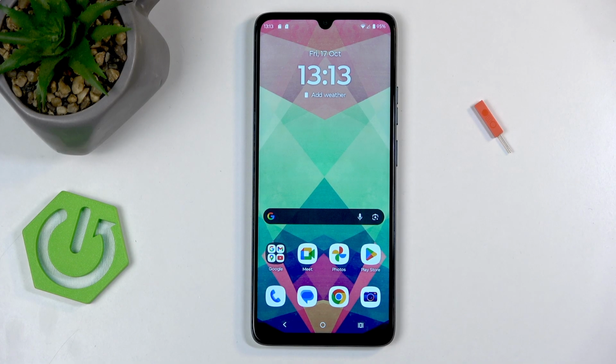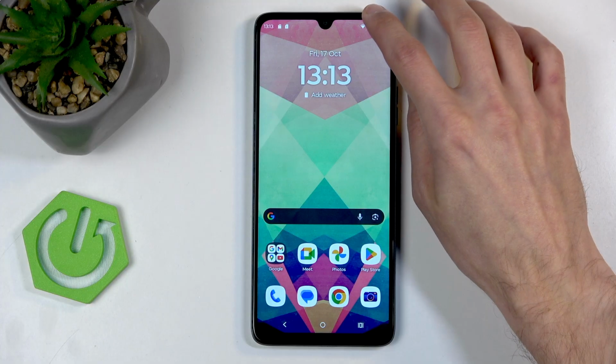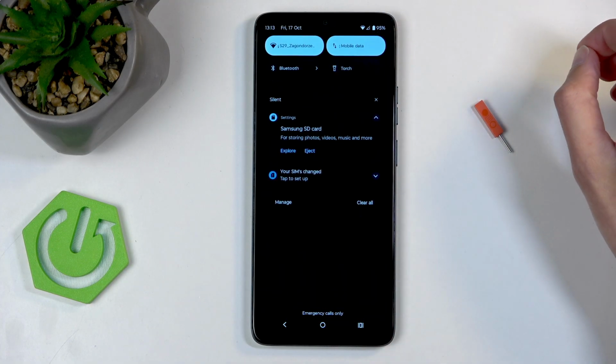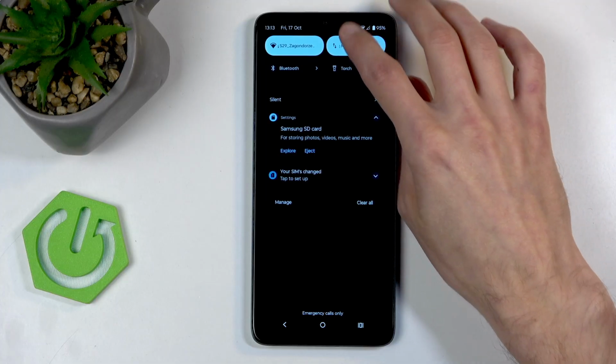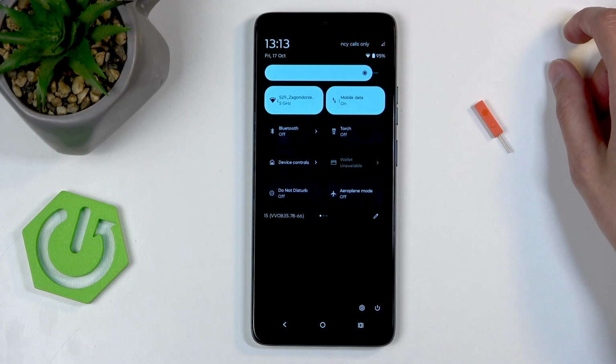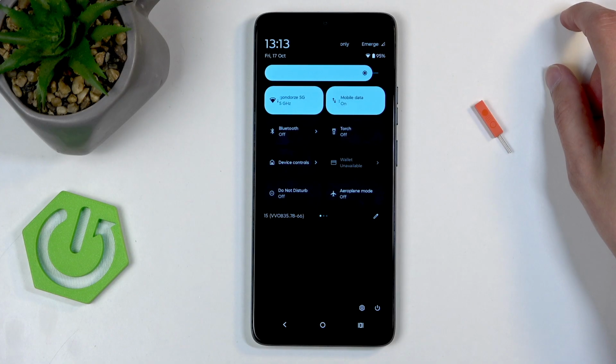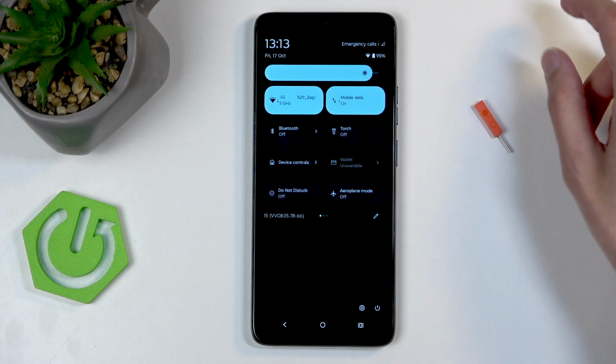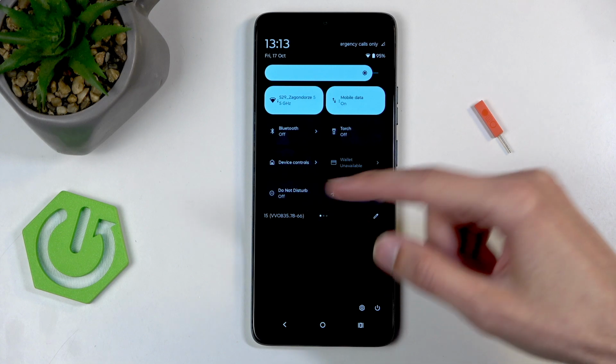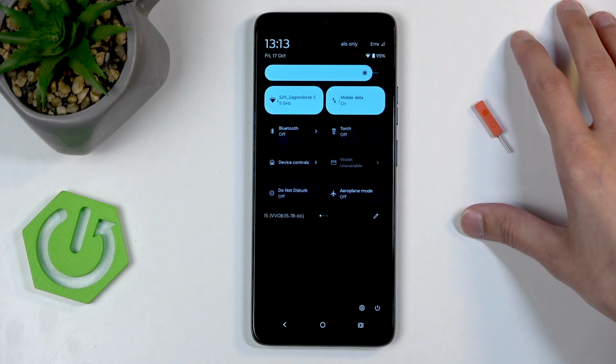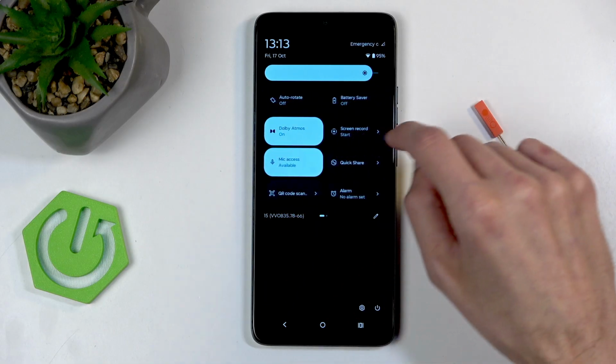So, to get started, you will want to swipe down from the top of your screen, which will bring down your toggles and notifications. Swipe down once more and it will extend the toggles. Now here you're looking for the Do Not Disturb mode, which for me is visible on the first page right here at the bottom. Once you see this toggle, which, mind you, could be located on other pages as we have multiple,